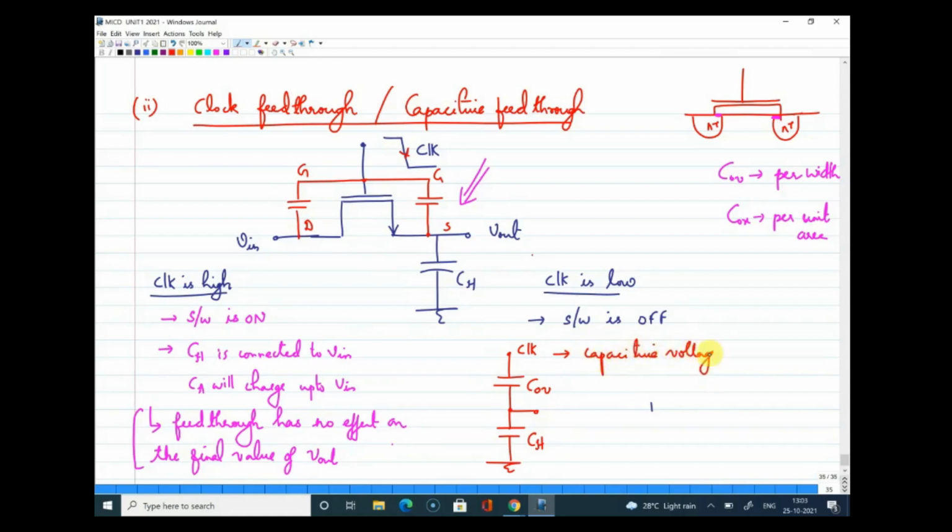There is a capacitive voltage divider, and that exists between the gate-drain and gate-source capacitance and the load capacitance. So in turn, actually we should